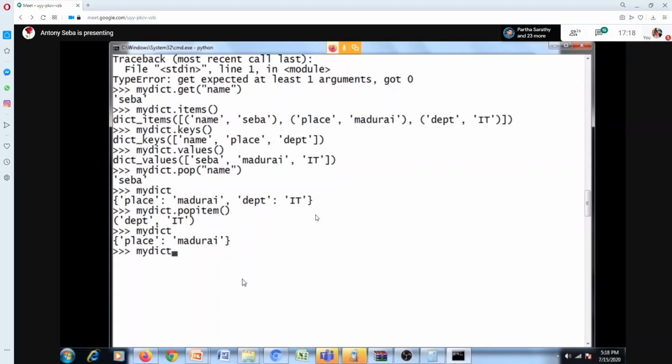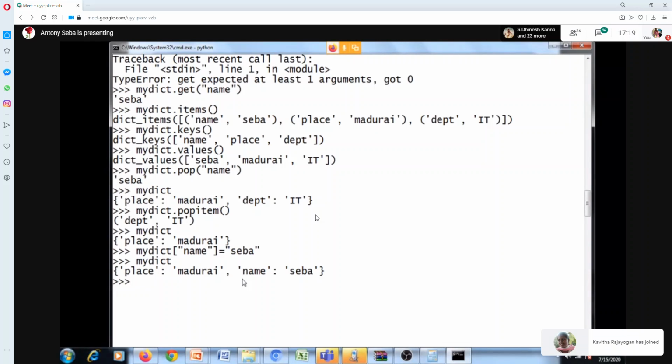I'll add one more. My dict of name equal to, okay, now this is my dict. Let us try using update. My dict dot update. So this update takes a dictionary as an argument, where you can have a